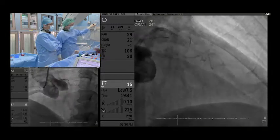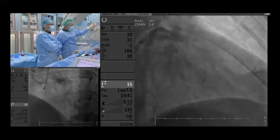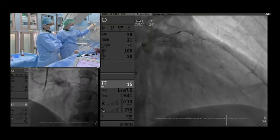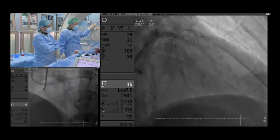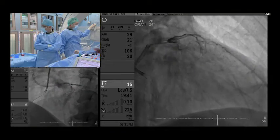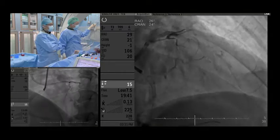I think I will try antegrade first, and if that fails, I will try my luck with the retrograde approach. May not be that easy, considering the highly calcified proximal cap. Of course, I completely agree. We can try to use